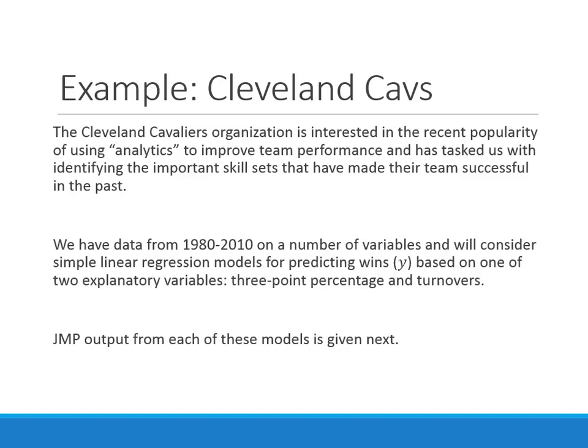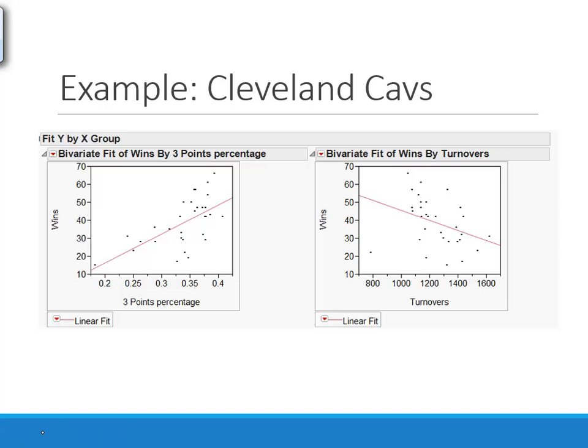We're going to try to predict how many wins the team had based on one of 2 explanatory variables. So we'll do 2 separate models and compare those. We're going to look at 3-point shooting for the team and also the number of turnovers they had. And in a few slides, I'll show you some JMP output so we can look at the usefulness of these things. Okay, so before we do that, I wanted to put up